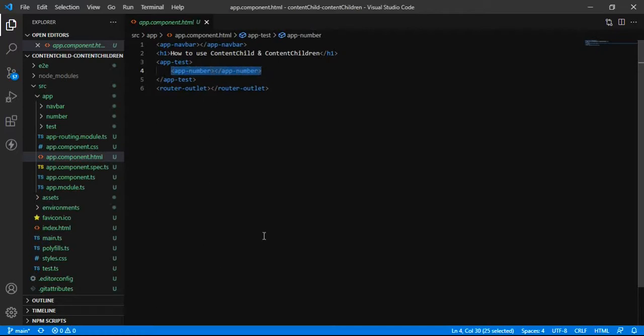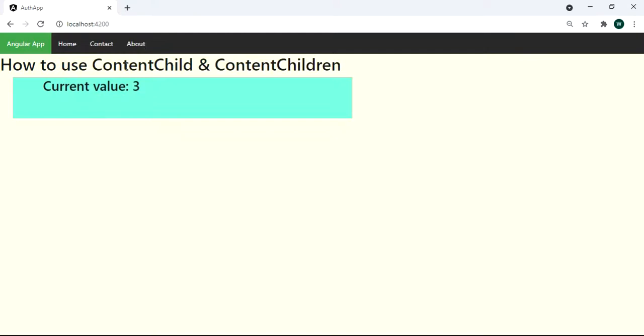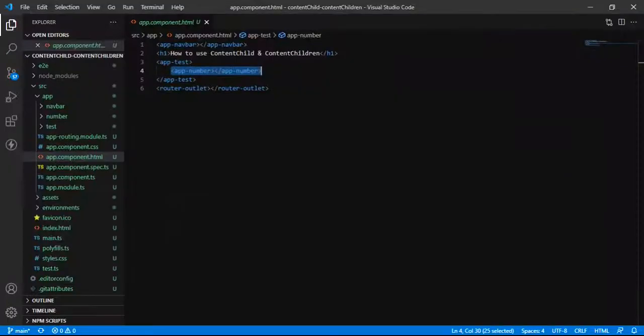So we are going to learn how we can use ContentChild and ContentChildren. That is very similar to ViewChild and ViewChildren. The only difference is that we are going to access the projected element inside the component, and with the help of ViewChild and ViewChildren, we are accessing the template element, like this app-test over here.